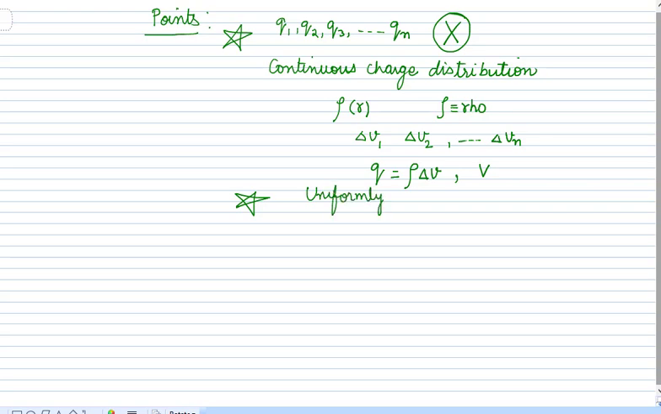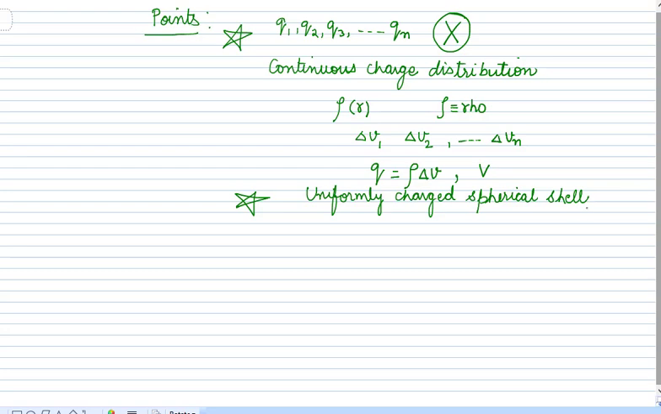Second point is that if we are taking a uniformly charged spherical shell, that means the charge is uniformly distributed over a spherical shell. What is a spherical shell? If you take a sphere and it is not solid, it is hollow from the inside, then you have two radii, inner radius and outer radius, and then we call it a spherical shell. And we know that inside the spherical shell, the electric field is zero, and outside the spherical shell, the electric